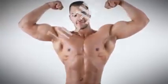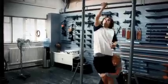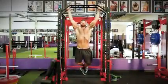Let's move on. For the next exercise, we're gonna go back to the upper body with by far one of the best exercises to give you that V-taper appearance, the pull-up. Now, if you can't do pull-ups, don't worry, I'm gonna give you a couple other options that can work just as well. But once you can build up enough strength to do the pull-ups, you're gonna wanna definitely be doing